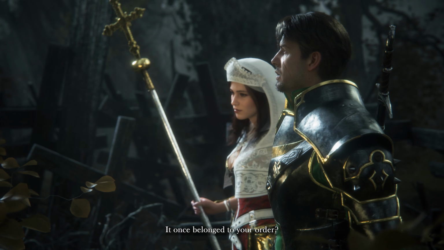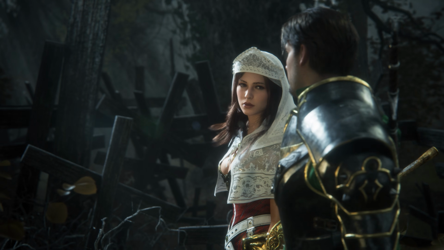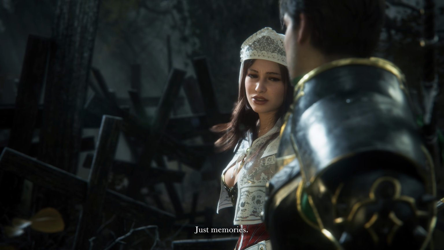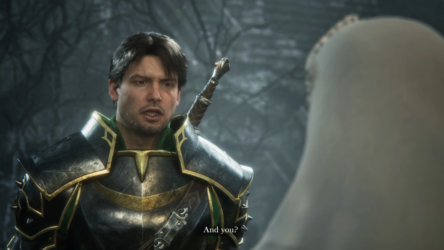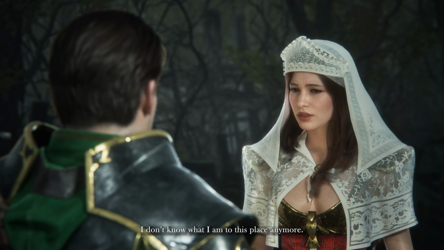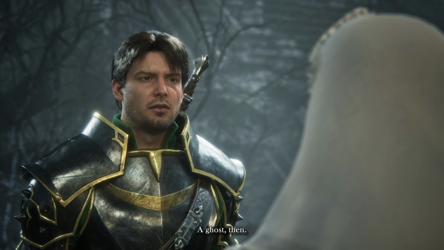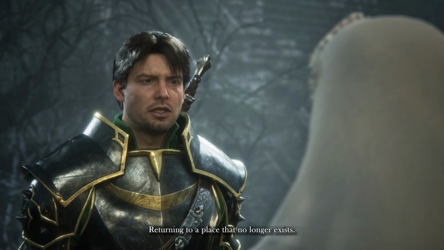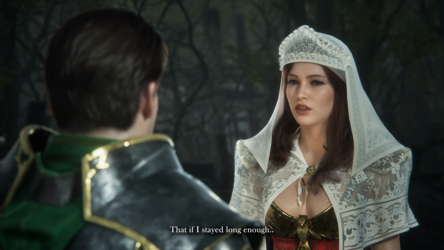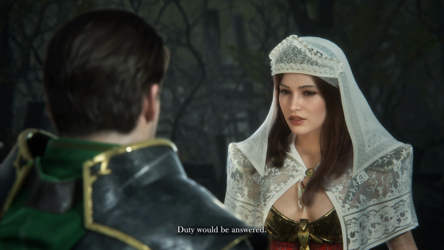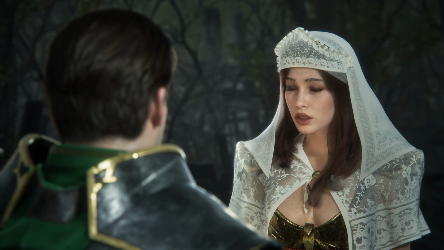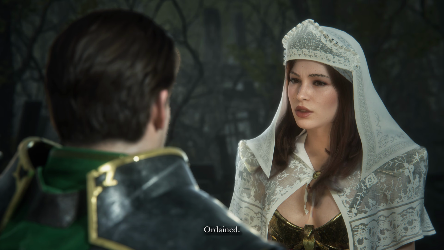This place, it once belonged to your order? What remains of it? These stones don't bear faith, just memories. And you? Are you just a memory to this place? I don't know what I am to this place anymore. A ghost then, returning to a place that no longer exists. I held faith that someone would be sent, that if I stayed long enough, duty would be answered. I did not, however, expect someone like you. You don't exactly look ordained.